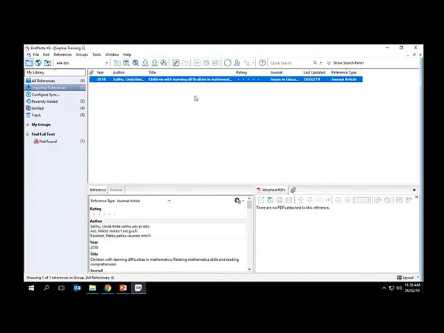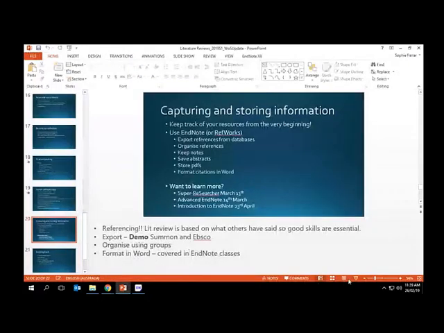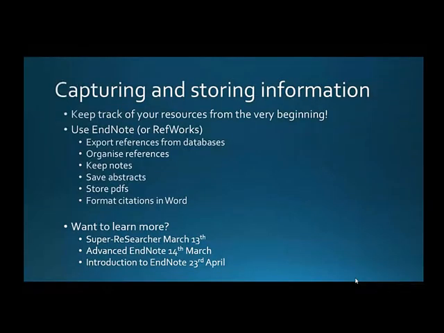So you can see how using something like EndNote, when you're doing big searches and you think, yeah, all this stuff looks useful, I've read the abstract, don't have time to read it all in detail now, but I want to shoot it all off to my EndNote library. So if you haven't set up something like EndNote now, that is a tool that you're going to need to use. It also allows you to store PDFs, and then it works with Word to help you format the citations